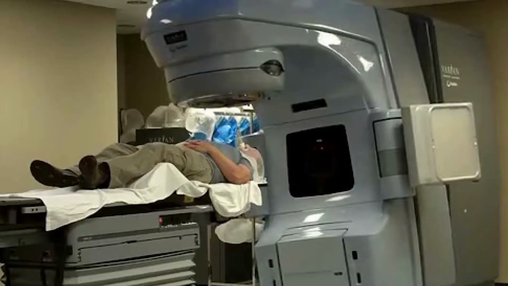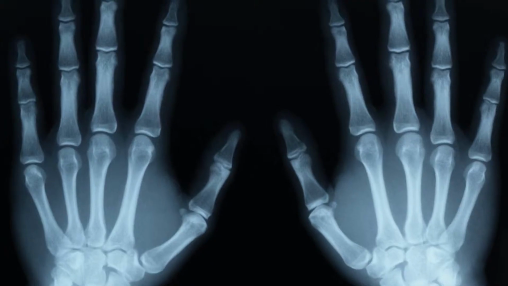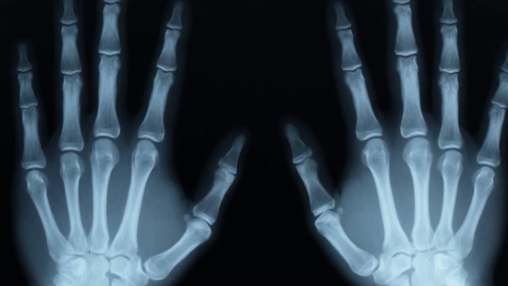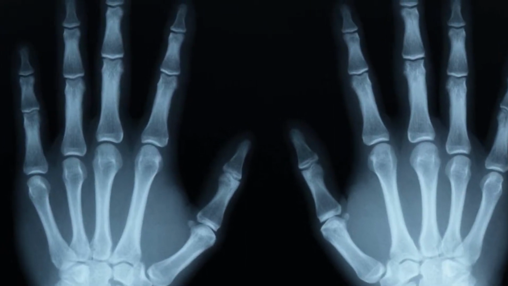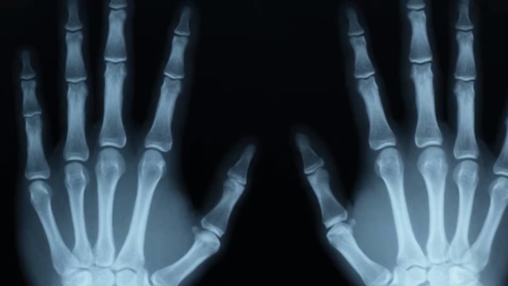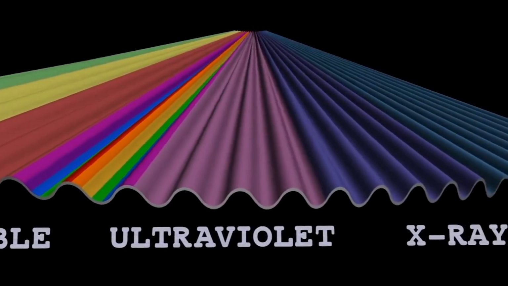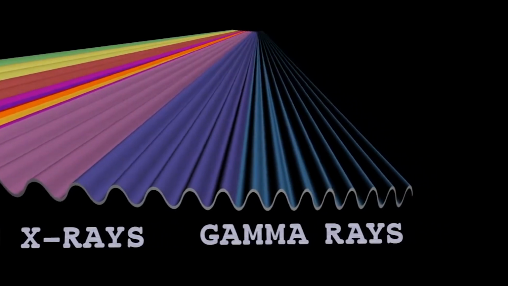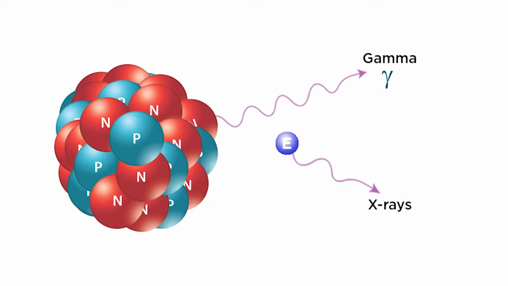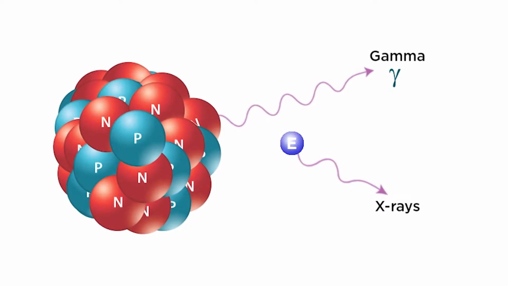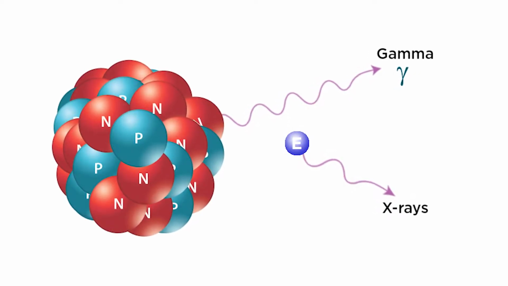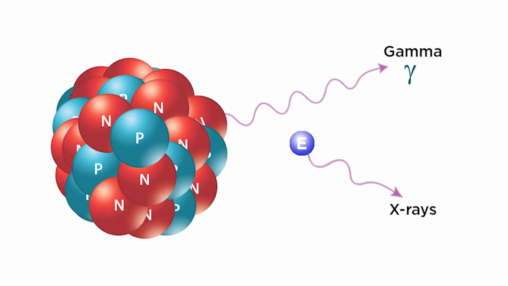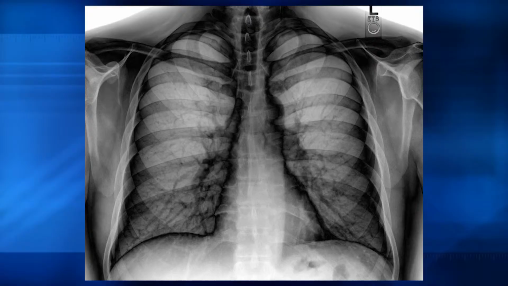Those are both true. Good examples. Do X-rays act the same way as gamma rays? That's a great question. X-rays and gamma radiation differ somewhat in wavelength and energy level. Gamma radiation has more energy and a shorter wavelength than X-rays do. But another important difference is that X-rays are emitted from an atom's electron shell, while gamma radiation is released directly from an atom's nucleus during alpha or beta decay.